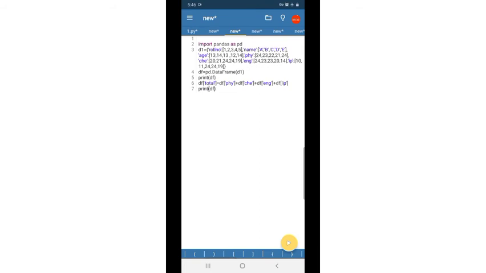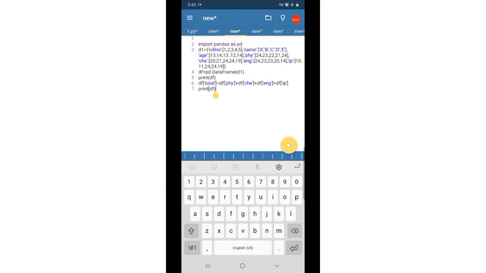Now the next question is to change the index from default to roll number. You can see the index values are 0, 1, 2 by default. Now we have to change that default to the roll number. Roll number should be the index value.